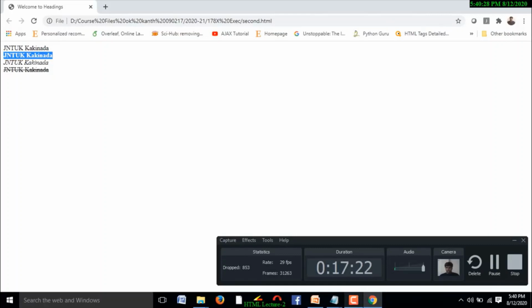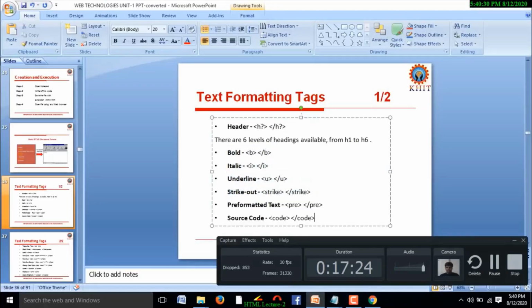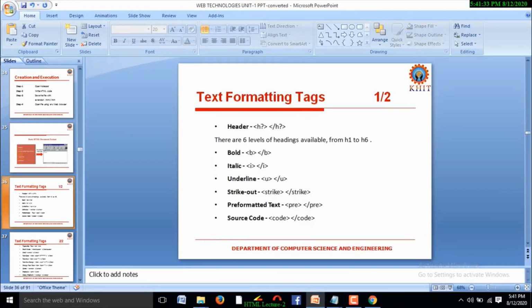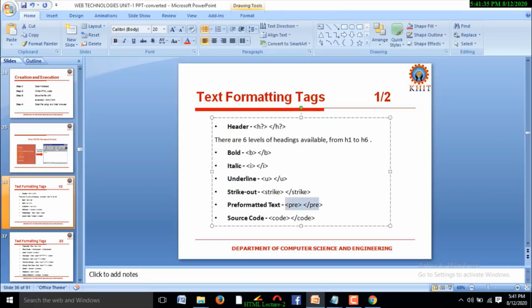Right. Coming to the next one, the pre tag. Sometimes in formulas, we would like to display the text information as it is, without alignment. At that time we are going to use the pre tag.